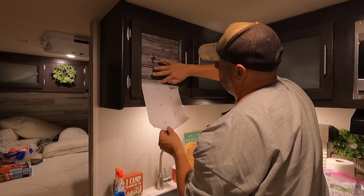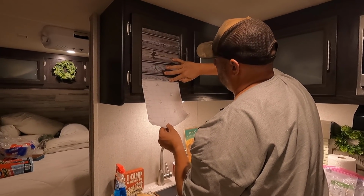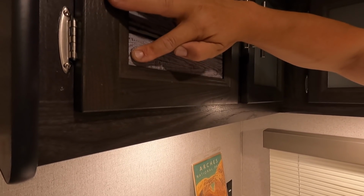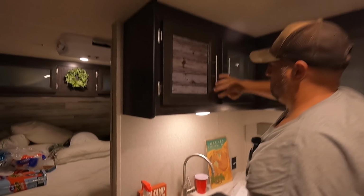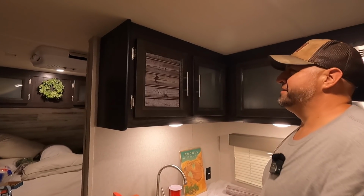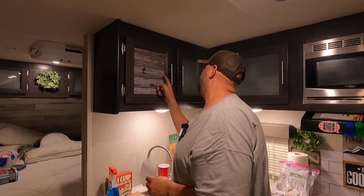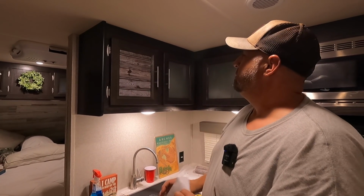All right, well, I think... Moment of truth. It's perfect. Look at that. Of course it's perfect. I mean, there's about a 32nd of an inch on each side. No, there's not. Yes, there is. Okay. But